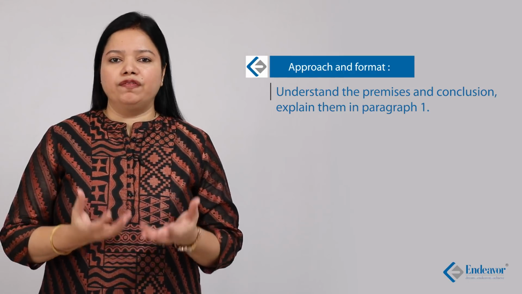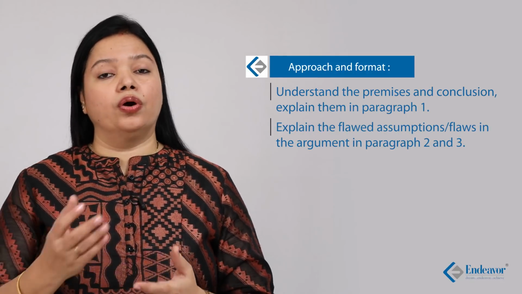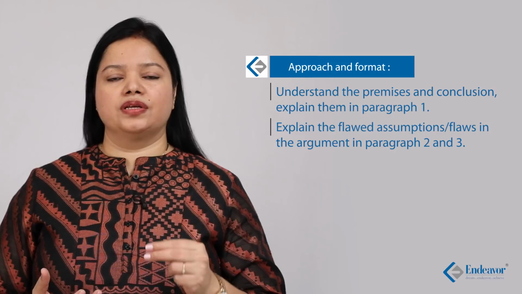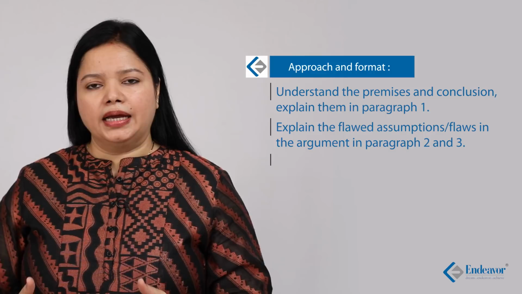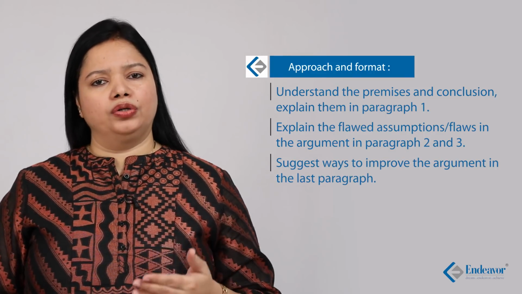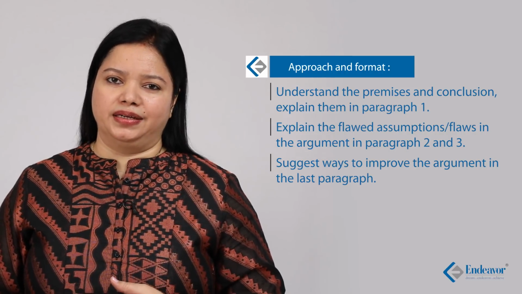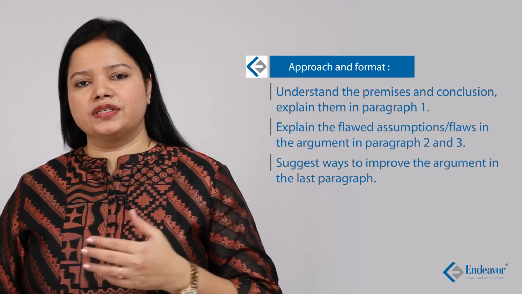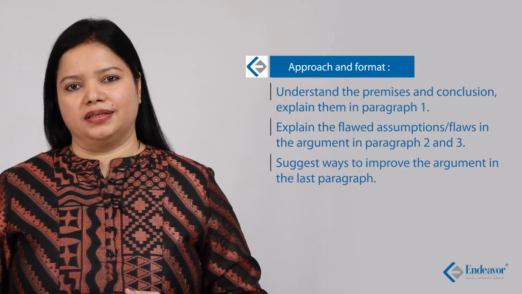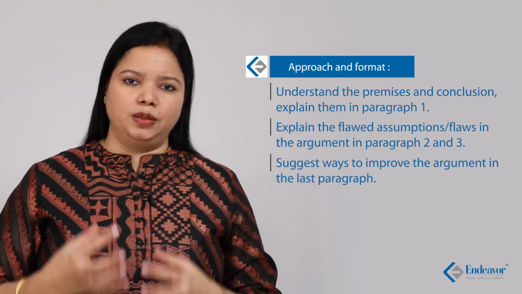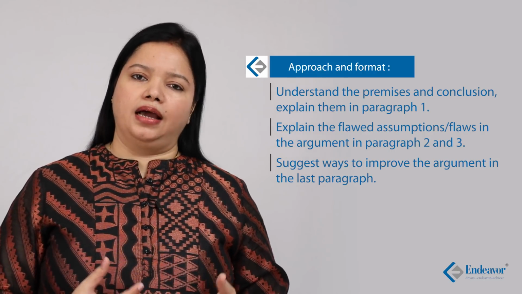Very often, there are flaws involved in the argument. In the second and third paragraph, I go on to elaborate on the flaws of the argument, the flawed assumptions made. And in the last paragraph, I go on to talk of how instead the entire situation can be addressed. That is, if this is not the right solution to the given problem, what else can be considered? This is more of a typical analysis of an argument, the argument being a critical reasoning argument given.